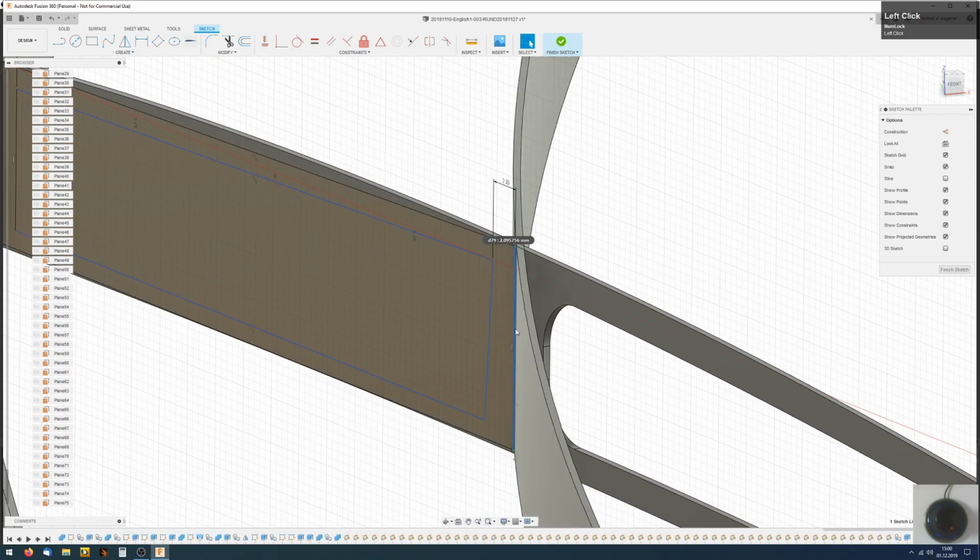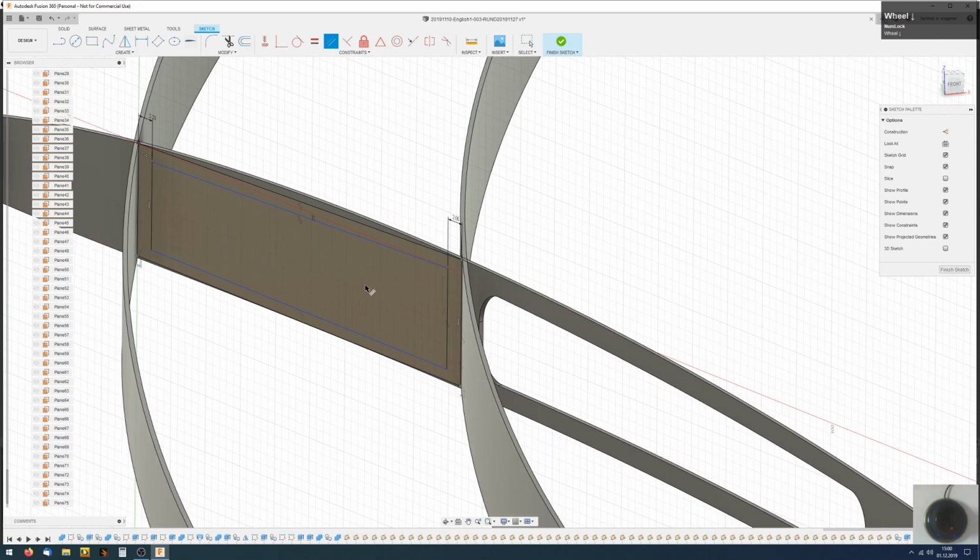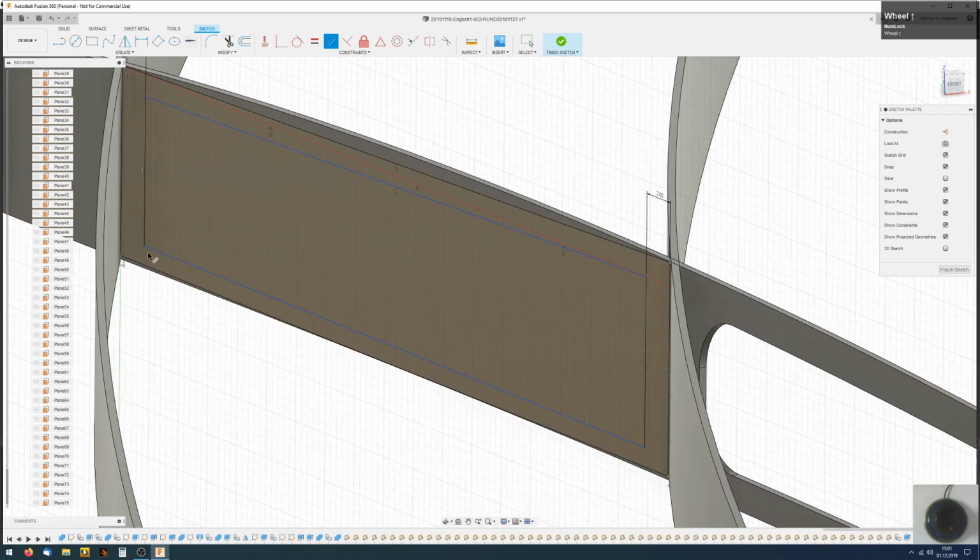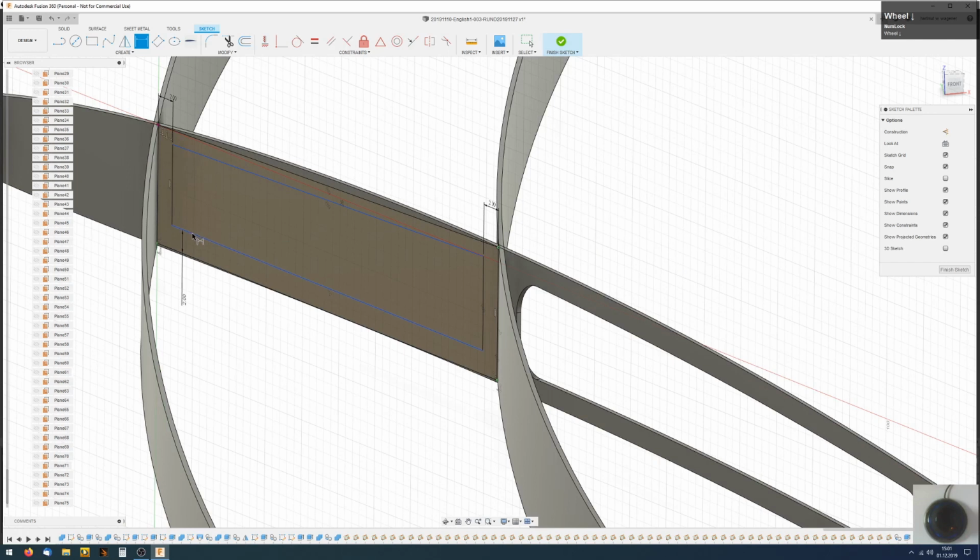This one and this one, they are parallel, and this size here. So I go to this point to this and 2 millimeters.